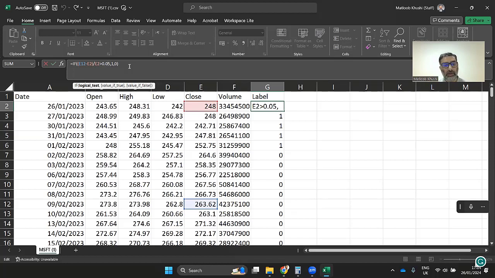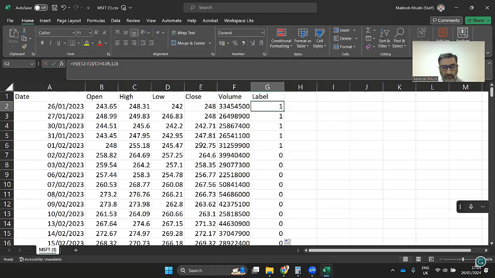Then if the price goes below -5%, the label will be -2. And in between, if the price is likely to stay between -2 and +2, then it could be 0. So now you can have multiple labels for your problem. That's a type of classification. Then you design your